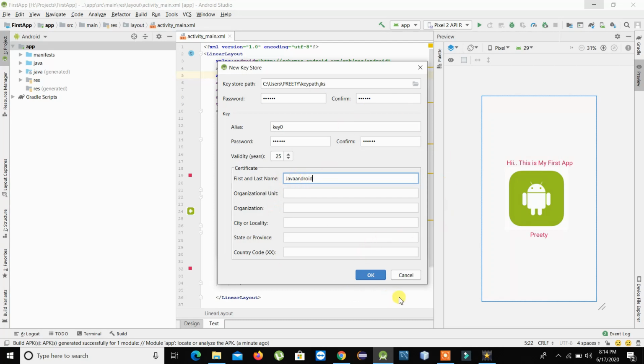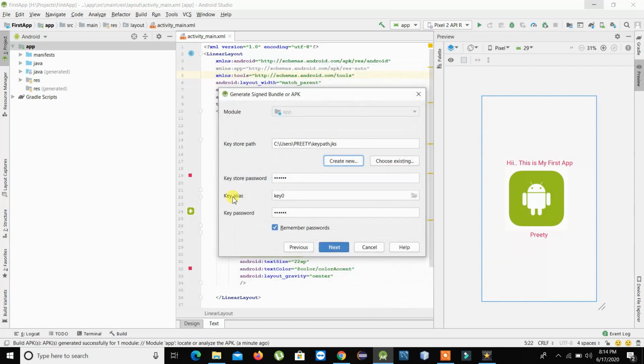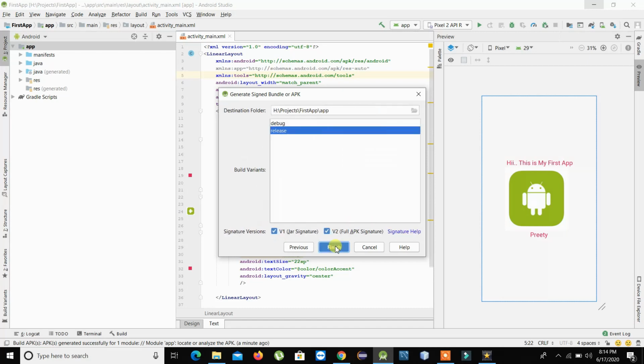Alright, so now I'll click on OK. Yes, you can see you will land up with this page where your keystore password and your key password have been saved, and either you want to check it or you want to uncheck it. This remember password is up to you, whichever is comfortable for you. Then you can go for next.